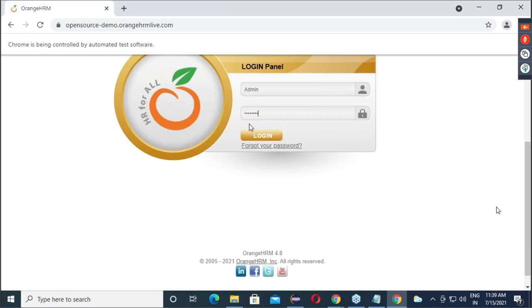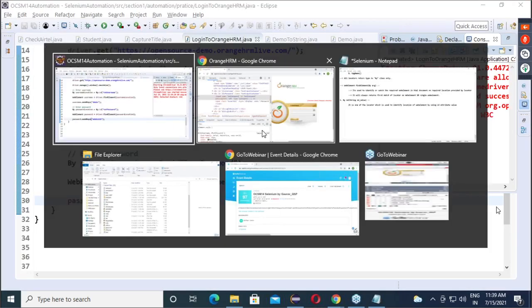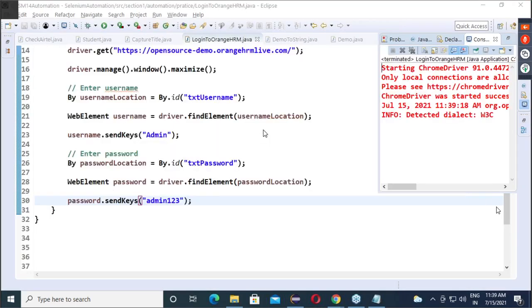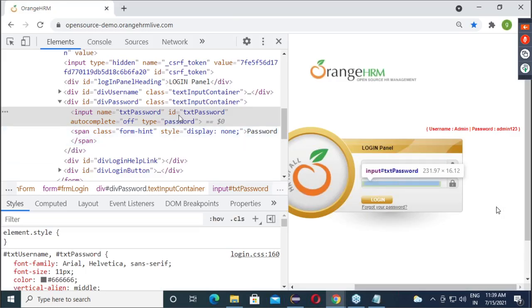Any confusion? Clear? Now guys, ultimately here we can say we are identifying the element by using the ID attribute value. Now apart from ID, can you see one more attribute? What is this? Name.